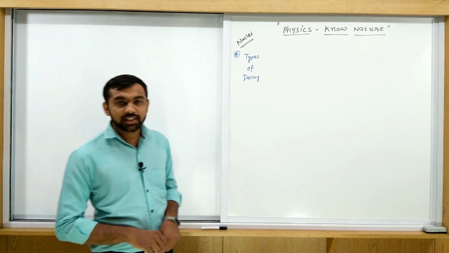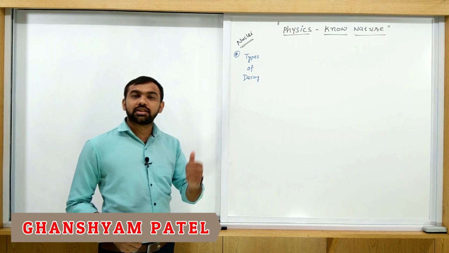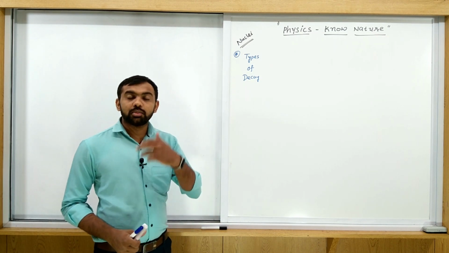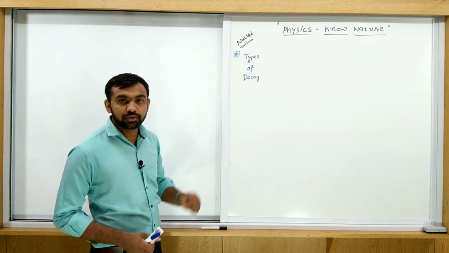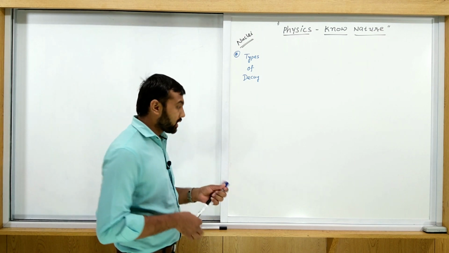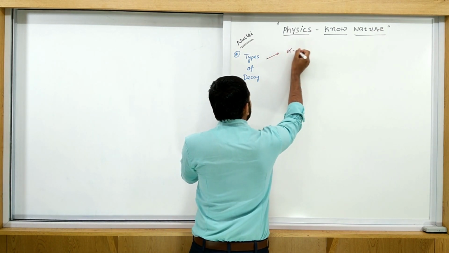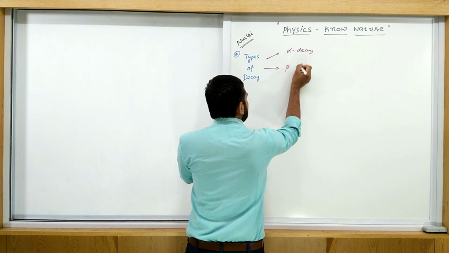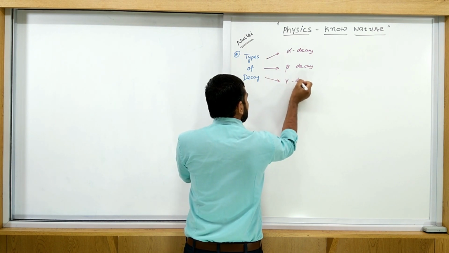Now we are going to discuss the types of decay. In the last session we discussed radioactivity. During radioactivity, particles are emitted from the nucleus, and this is called decay. So we have three types of decay. Let's note them here. First is the alpha decay, second is the beta decay, and third is the